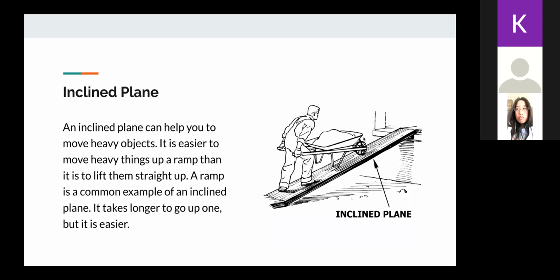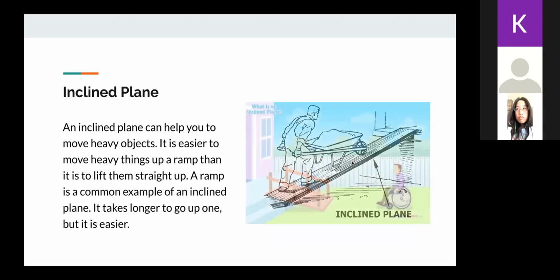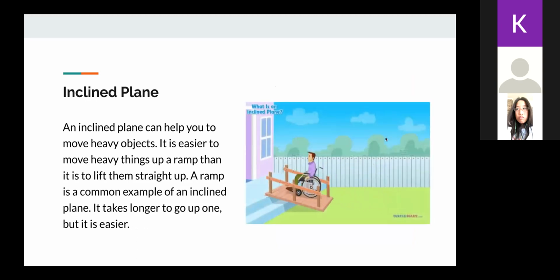Okay, next. An incline plane is a flat surface with one end higher than the other. This allows for heavy objects to slide up to a higher point rather than be lifted. It's generally easier to slide something than to lift it. Examples of incline planes include slides and ramps. A great example is this man rolling up an incline plane tower. So it shows how, although you have to travel a longer distance, it makes the